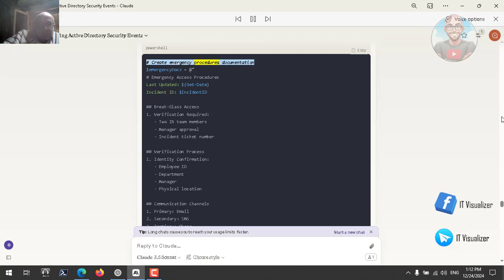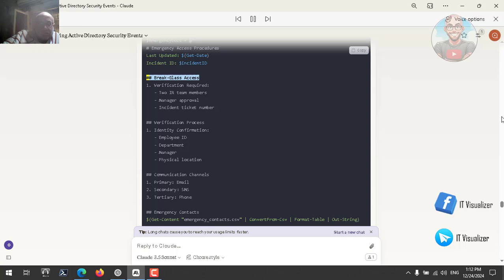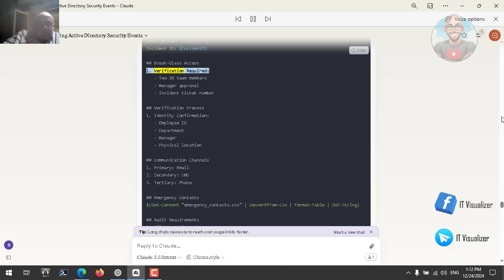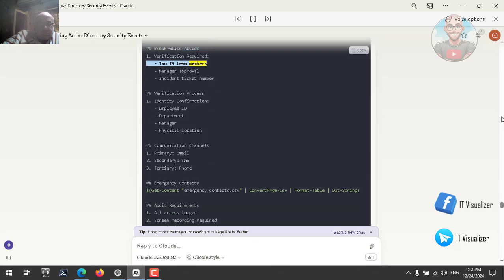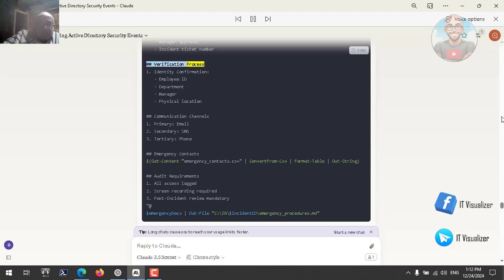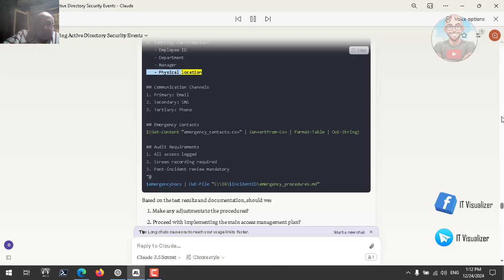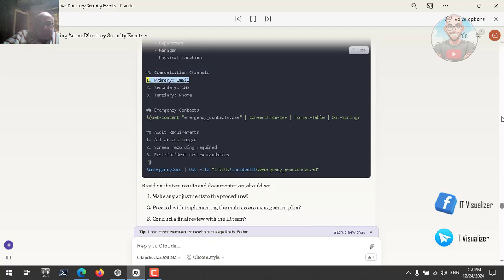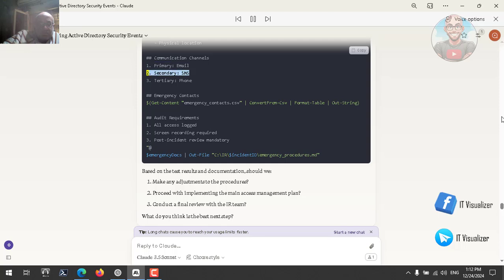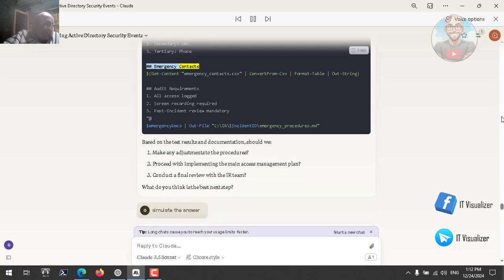# Create emergency procedures documentation. $emergencyDocs = @" # Emergency Access Procedures. Last updated: $(Get-Date). Incident ID: $incidentID. # Break Glass Access: 1. Verification required. 2. IR team members, manager approval, incident ticket number. # Verification Process: 1. Identity confirmation: employee ID, department manager, physical location. # Communication Channels: 1. Primary: email. 2. Secondary: SMS. 3. Tertiary: phone. # Emergency Contacts: $